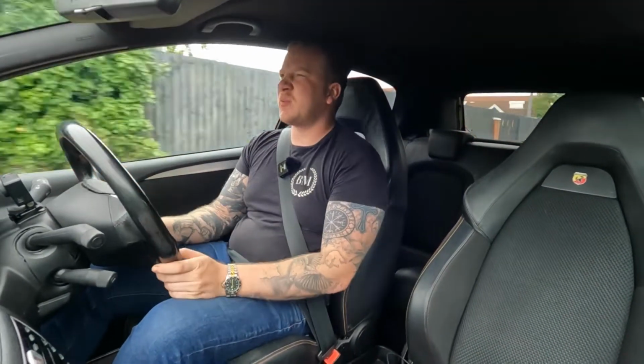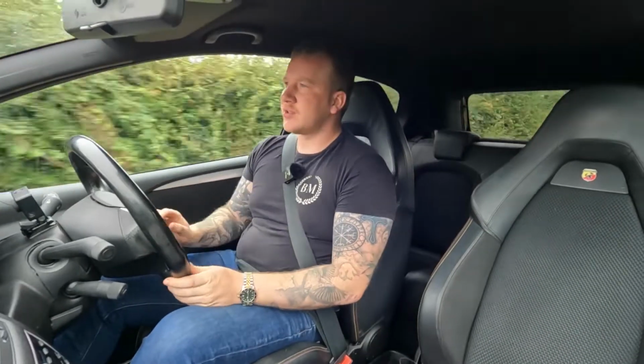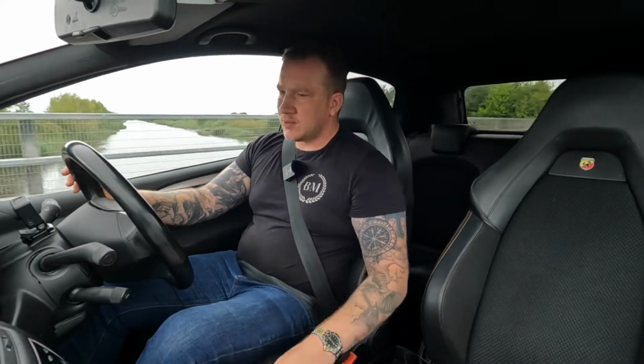The car makes up for it. It feels like a really good place to be. It feels like a special place to be, really. They make a bit of an effort with the black headlining and the stitching on the seats. Obviously the seats look amazing, nice steering wheel, little details like the Abarth on the gear knob,